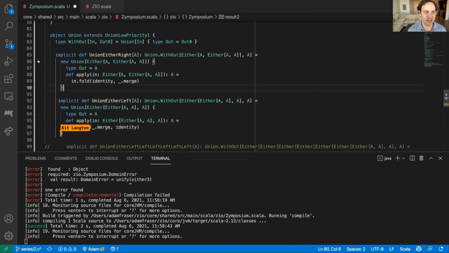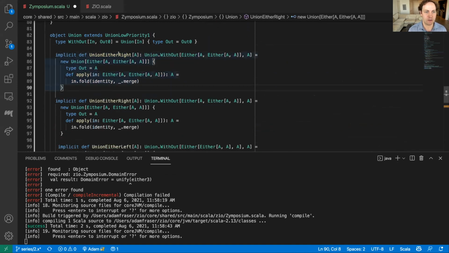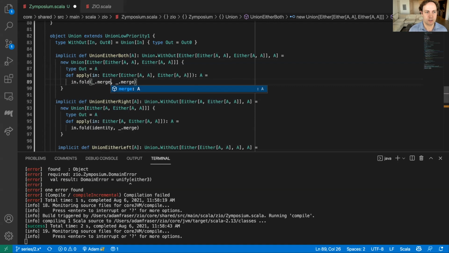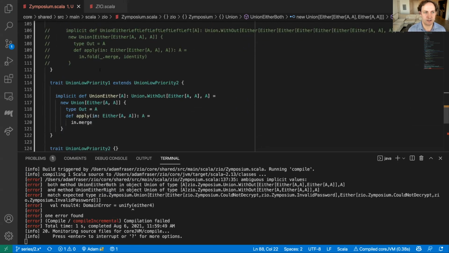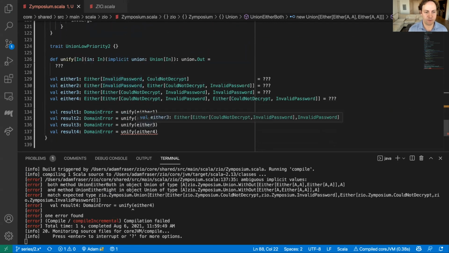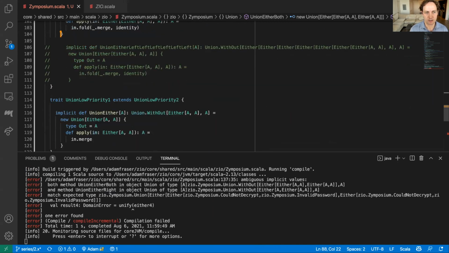But so let's implement another one, and we'll call this union, maybe like union either both. And so this will just do the same thing here. Oh, I'm not sure it's that, sorry. It's not good. But this is what I want. This, and then this merge. Okay. And now we've got kind of the same problem we had before, where we've got conflicting ones here, because